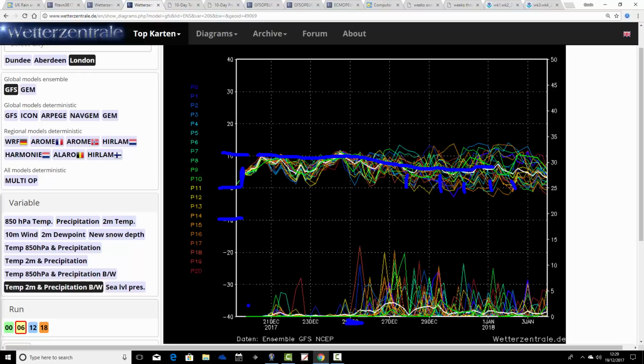In terms of precipitation, again, lots of dry weather coming up until Christmas, and then from Christmas onwards, it does turn more unsettled. We have more precipitation spikes. But what you have to say with that is not as many, probably, as we were seeing on the ensembles yesterday, and it could be that the GFS is in the process at the moment of sort of downgrading this very wet and stormy weather that was appearing between Christmas and New Year. That may be happening